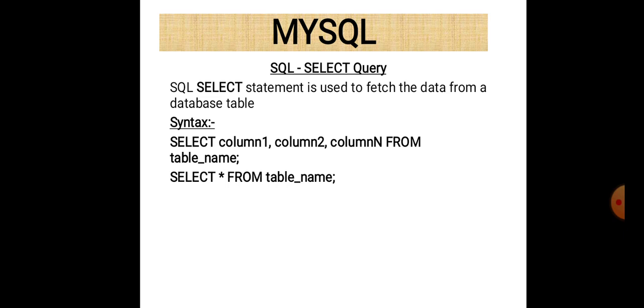Using the select statement, it is possible that we select a particular portion of the table or the entire table. One of the most important and simple things is that if you want to select the data related to a particular column, then just mention those column names only. And if you want to select the entire data without any condition, then just write select star. Star means all. So in this way you are able to select the entire data of your table.